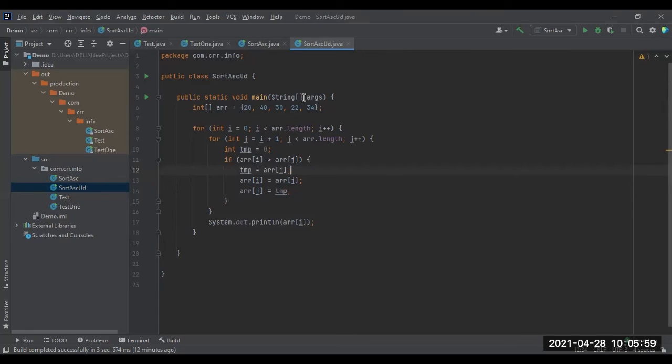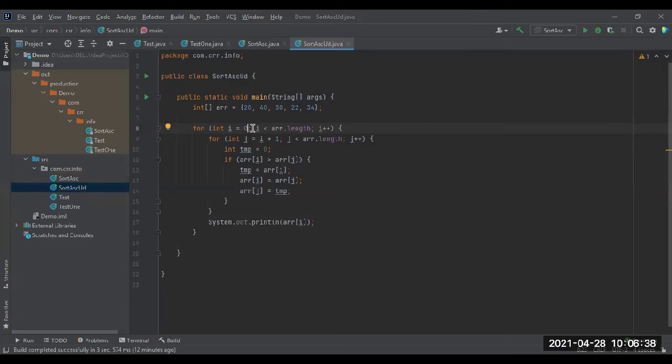So here we initialized an array. We are passing this array's values to the for loop. The first for loop starts with 0, because the index of an array starts with 0. It is mandatory to mention 0 over here. Don't forget this. Even I make errors in some cases, I forget that and put 1 over there. So don't forget, because array index starts with 0. That's why the first for loop must start at 0.